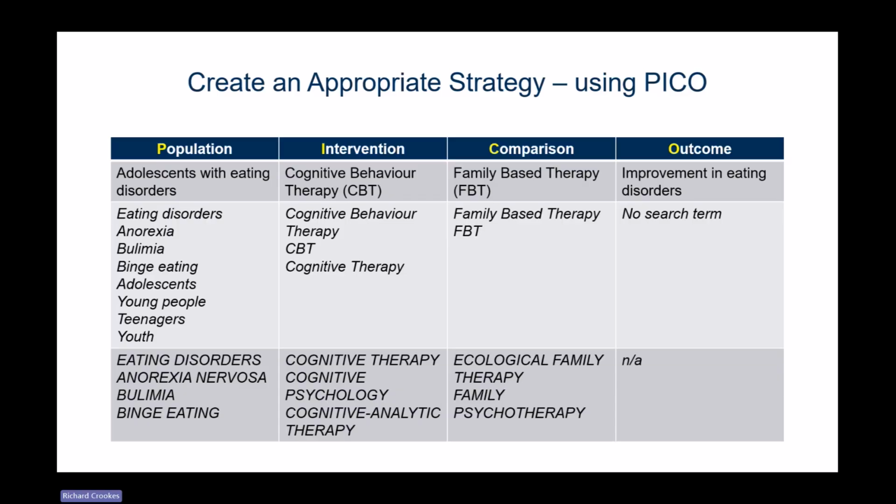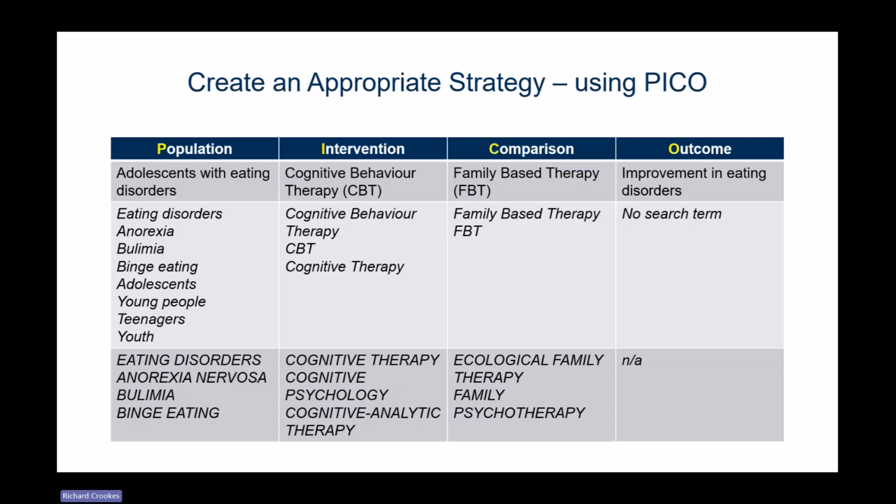And of course, factoring in adolescents, young people, teenagers, and youth as well. So we've got the condition plus the actual population. So the problem and the population group there. And below that, in italics and uppercase, we've got the equivalent subject terms. So we may not know what they are initially. We may learn by initial scoping as to what the terms are, but I've listed some there as an example